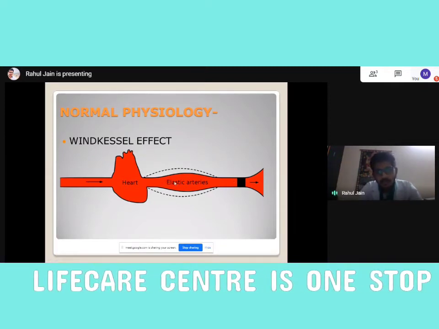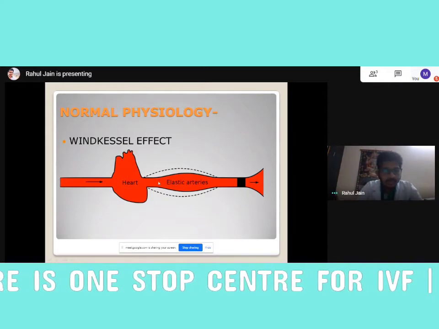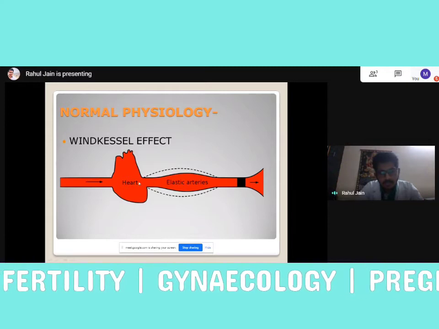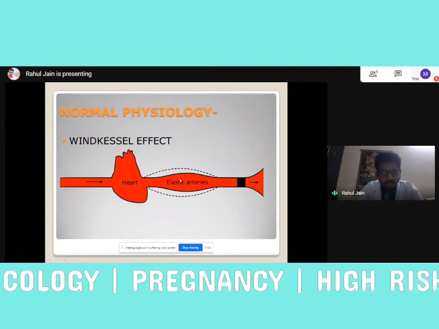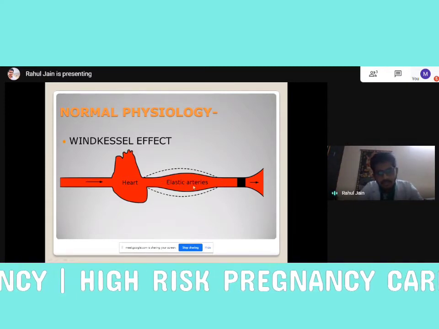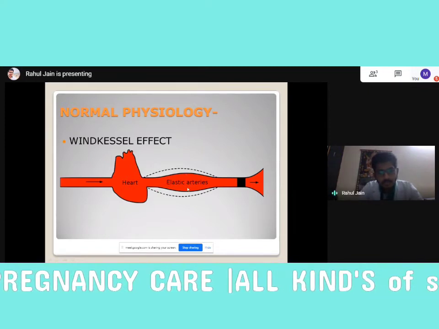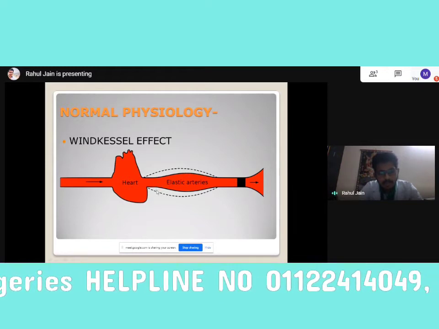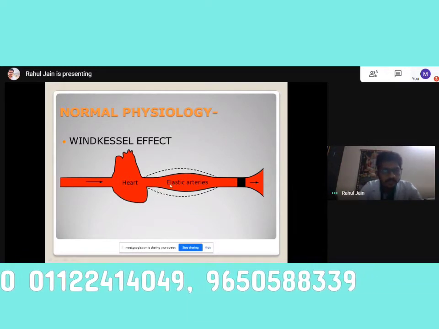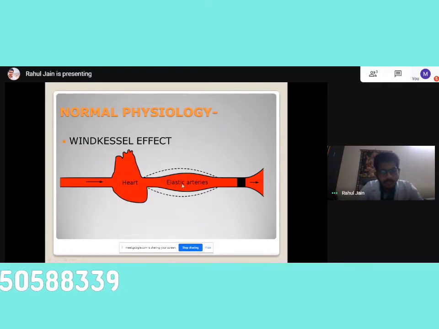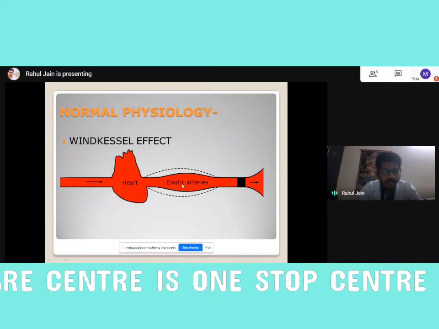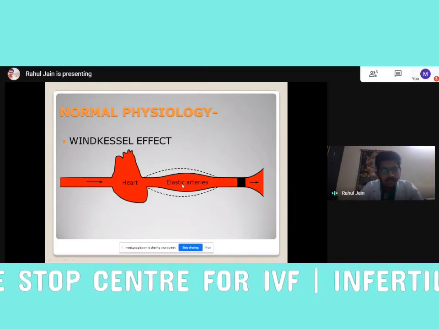Then, why do we get diastolic blood pressure? Whenever the heart contracts and the blood flows into the aorta or any elastic arteries, the arteries enlarge. As you can see in this picture, they accommodate and enlarge in size. And the moment the heart relaxes, that is goes into diastole, the arteries come back to their normal position and maintain the continuity of that pressure, but the pressure is lower. That is why it occurs during diastole. That's why it is called diastolic blood pressure.